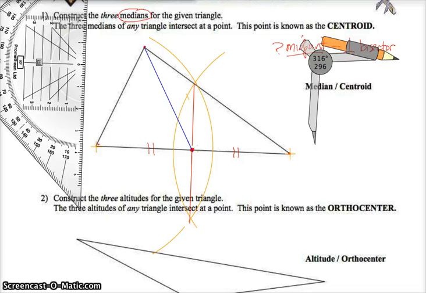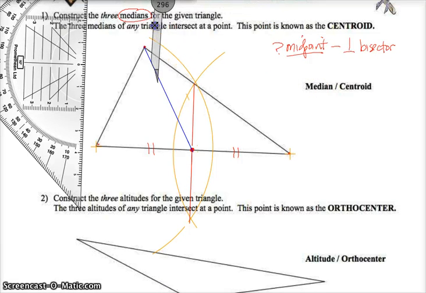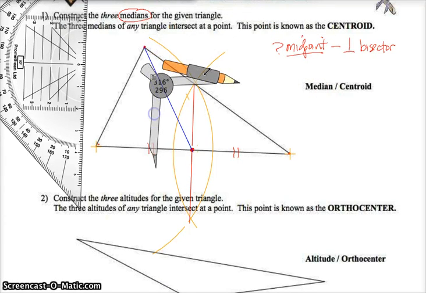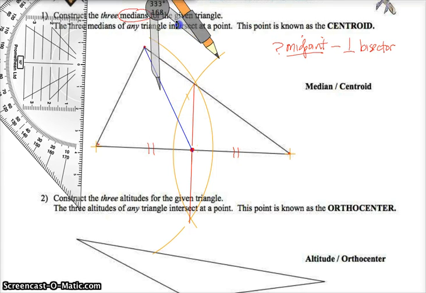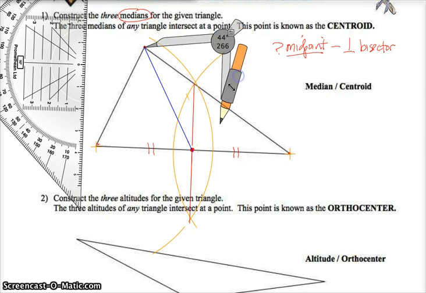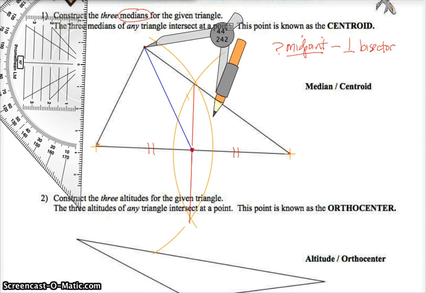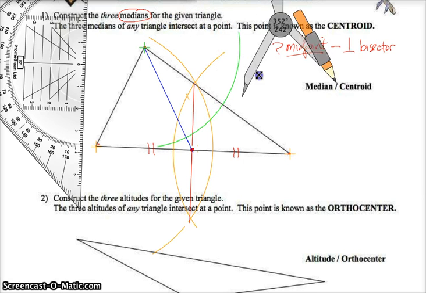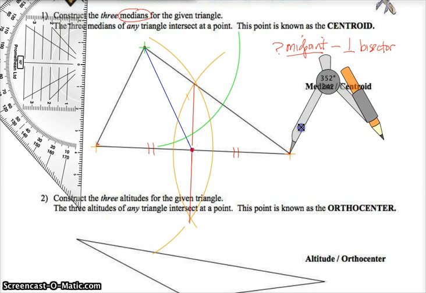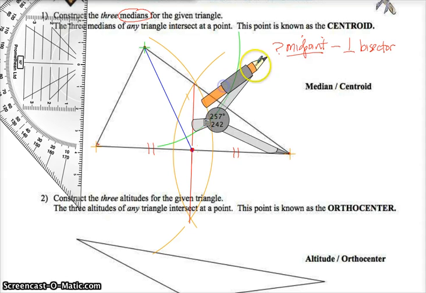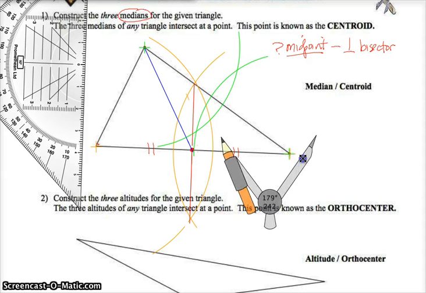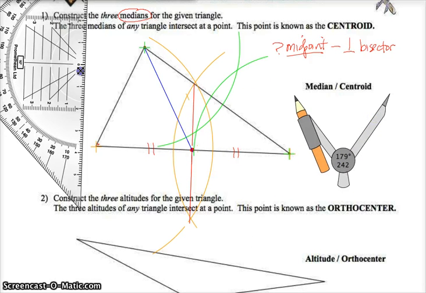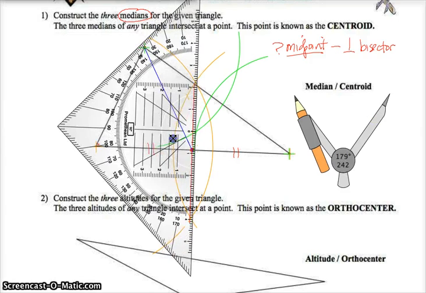So let's continue. I need to bisect every single side. So here's another side I need to bisect. Right, so I put my compass edge here. I'm going to open my compass to more than halfway. And I'm going to do my scoop above and below. And then I'm going to move my compass point over here. And I'm going to do my scoop above and below. And then I'm going to move my ruler